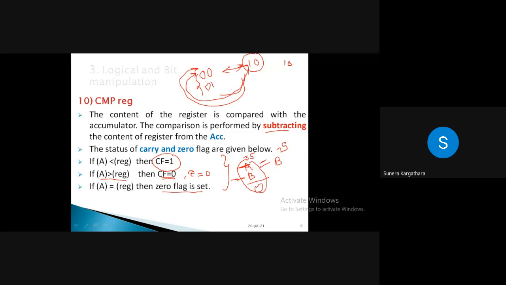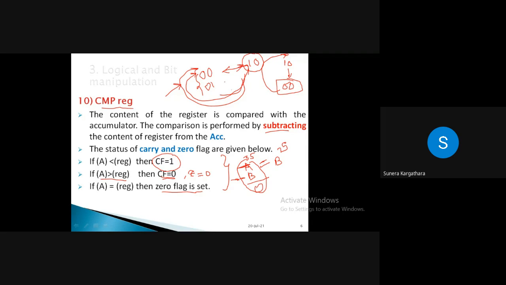उससे opposite down counter में भी use कर सकते हो कि suppose if you are initially loading your register with the maximum value, you are counting down by 1, and you will reach 0, 0. So now you are comparing your result with 0, 0. If it is 0, 0, again it will load to the maximum value, right? So this type of instruction is very widely used in counting applications. जहाँ पे भी आप counter design कर रहे हो, always you need to compare your present count with the set value, right? Anyone, any last point to discuss with this instruction, CMP?